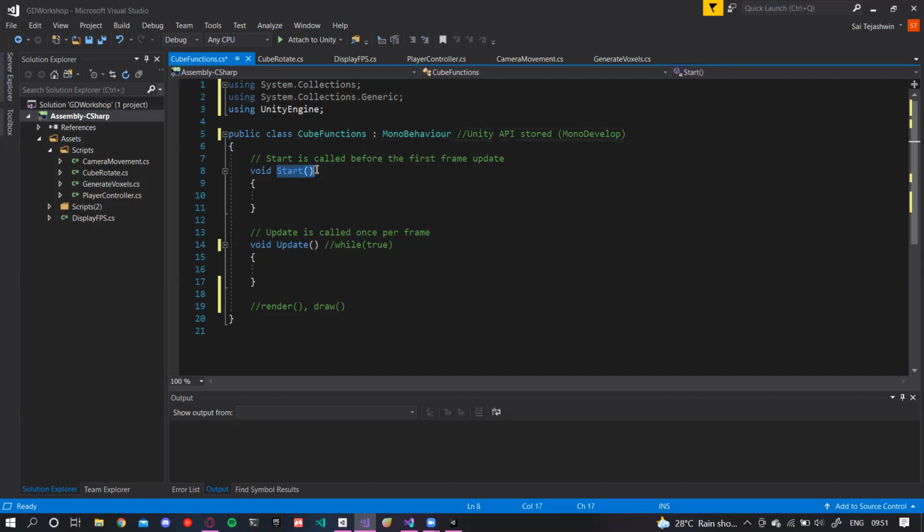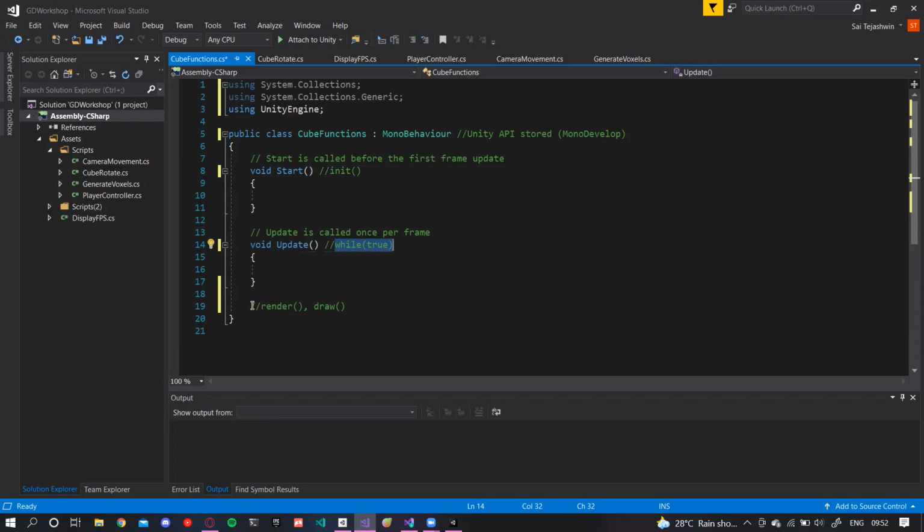Right now we have a start function and an update function. Our start function is basically like our init. In Pygame it is also known as init, the initialization function, where you initialize all the variables for the game and set values for the game and other stuff. And of course there's the update, which is like a while true loop of the game, which keeps executing frame by frame so that your game runs smoothly.